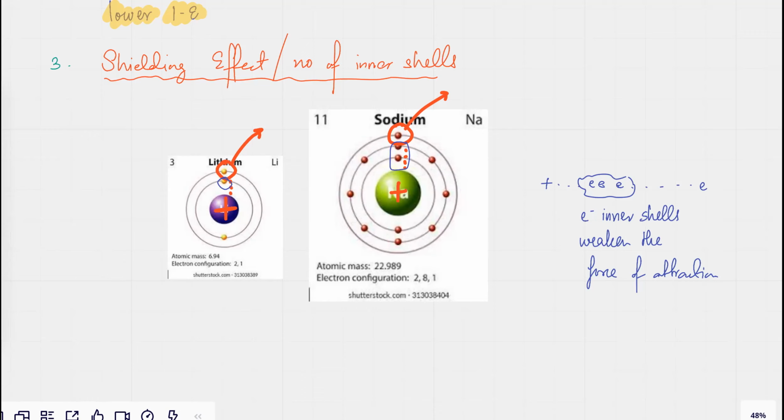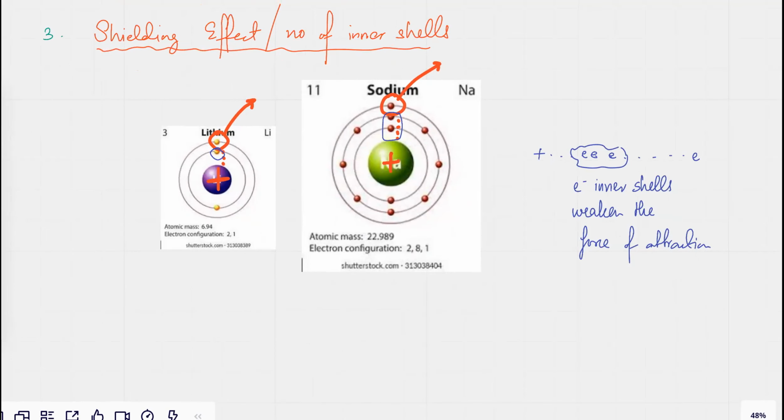Okay. Now, the outer electron is going to be less attracted to the nucleus if you have more inner shells. That's known as shielding effect. Over here the shielding would be lesser, because there are not a lot of things that are coming in between the nucleus and the outer electron. So the force of attraction would be relatively stronger. So if you have more inner shells,